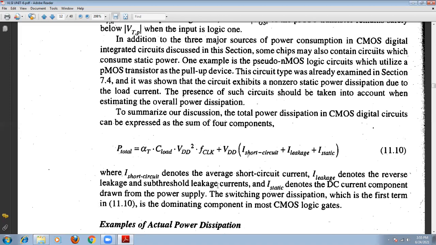So in the next class, we can directly go to low power design through voltage scaling. In this case, we can look at what type of voltage and what type of circuit we require in order to reduce this power dissipation. We'll discuss that in the next class, right?